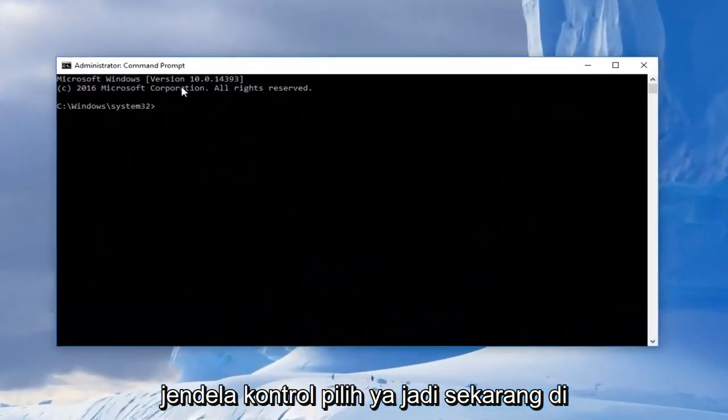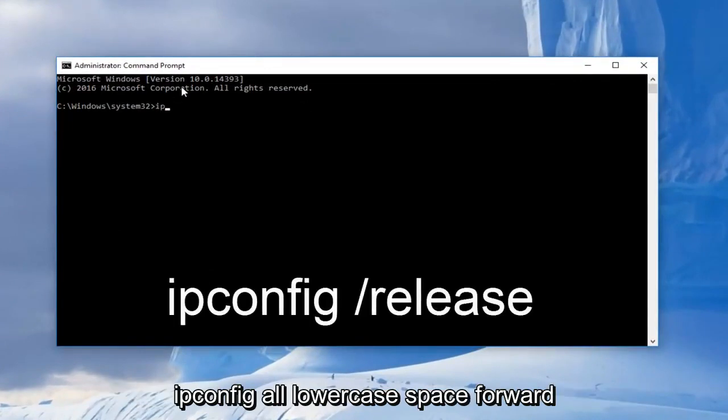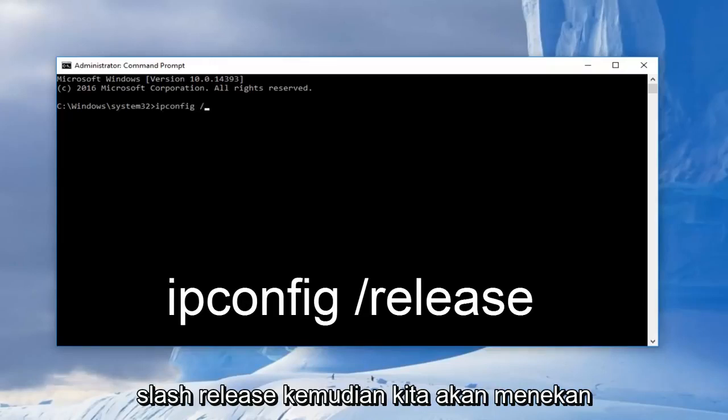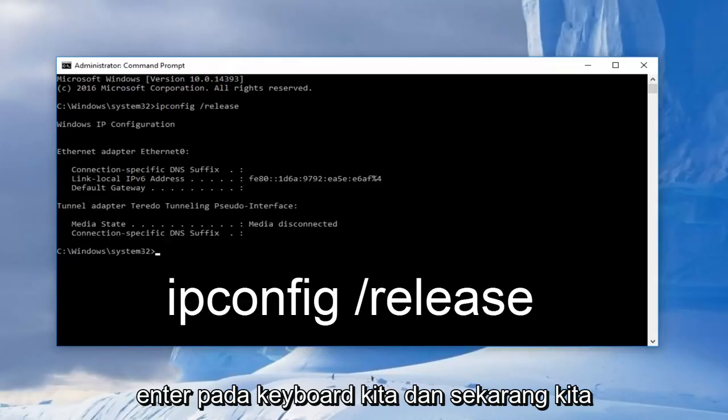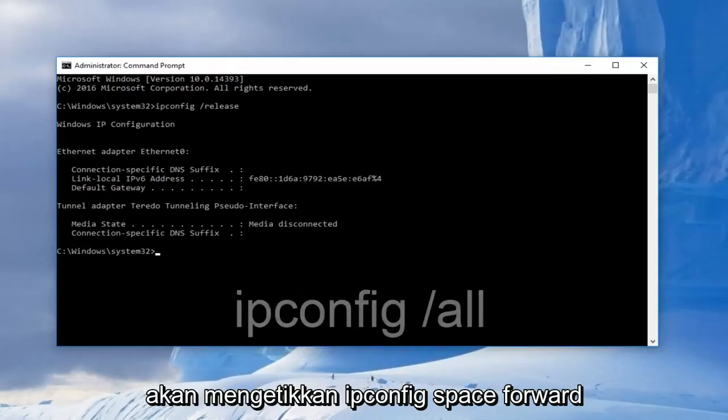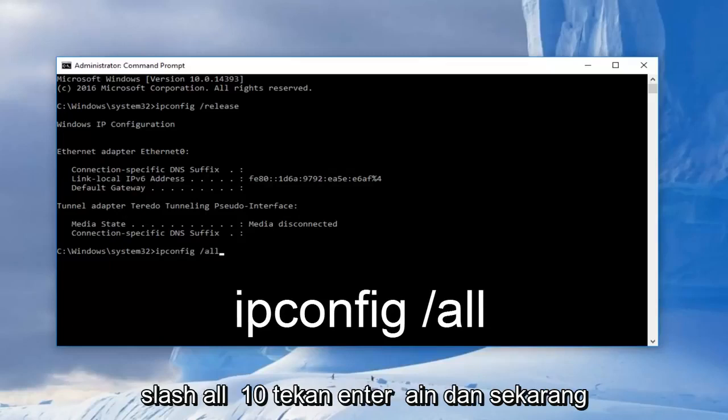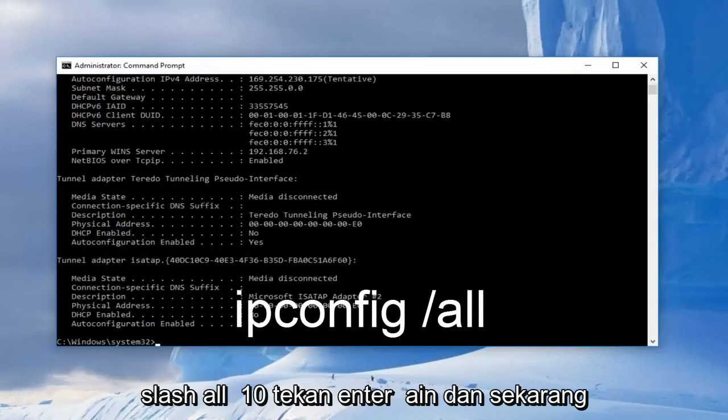So now in the elevated command line, we're going to type in ipconfig, all lowercase, space, /release. Then we're going to hit enter on our keyboard. And now we're going to type in ipconfig, space, /all. Then hit enter again.